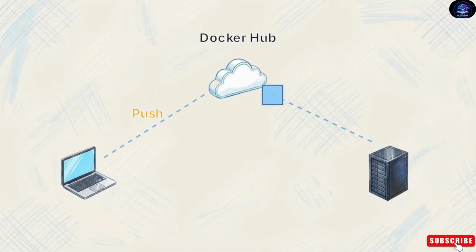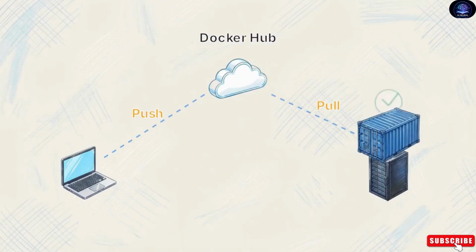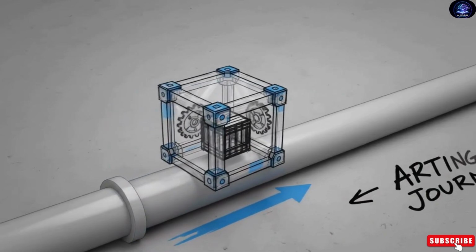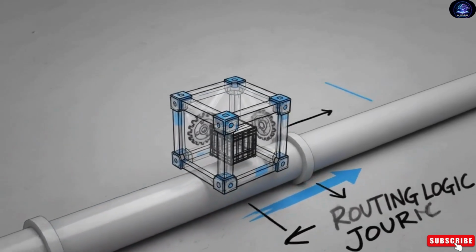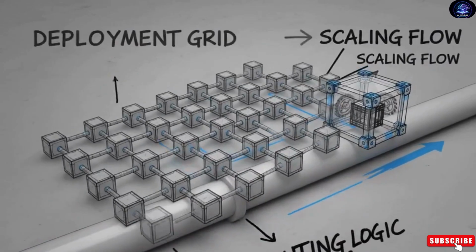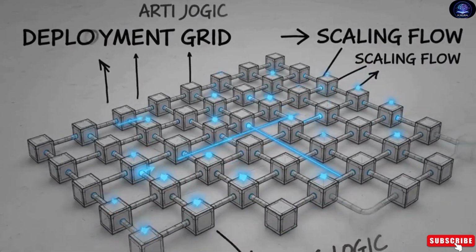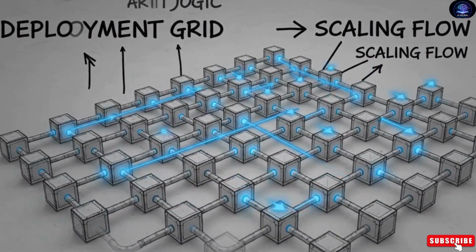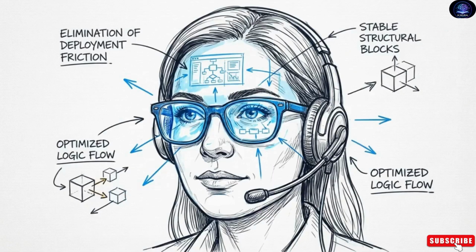A server halfway across the world can pull that exact image and initialize it, reproducing the developer's local environment. This portable artifact can now be injected into CI/CD pipelines, scaled via Kubernetes, or deployed to any cloud provider while preserving the core application environment. By adopting Docker, machine learning engineers eliminate deployment friction,